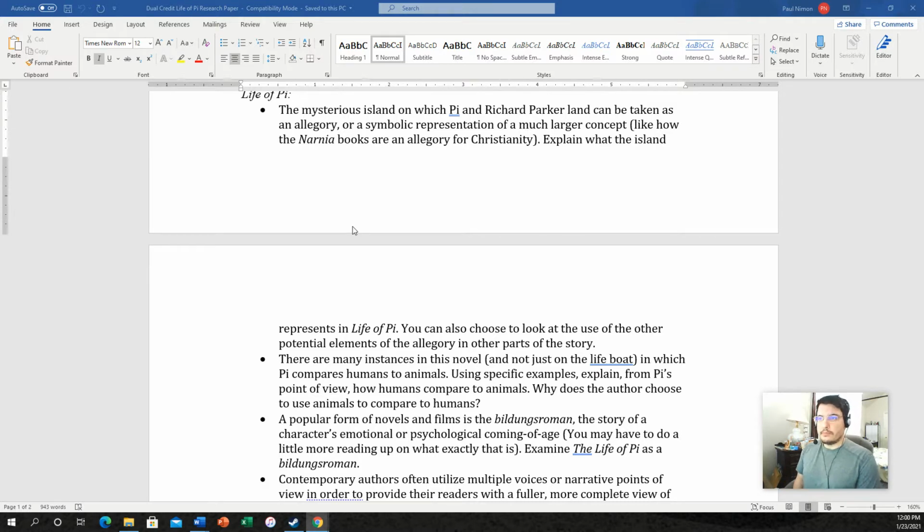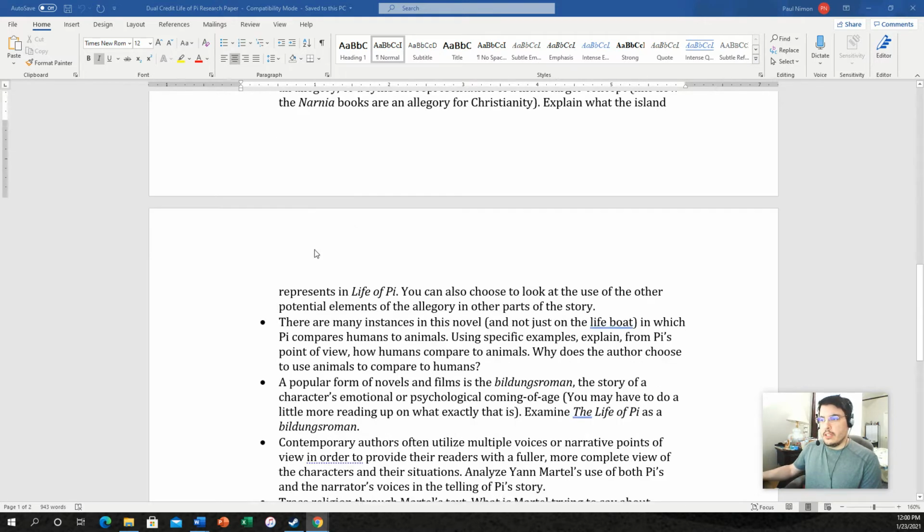Okay, so my question to you is, what does the island represent? Okay, think about it in terms of metaphors. The next one